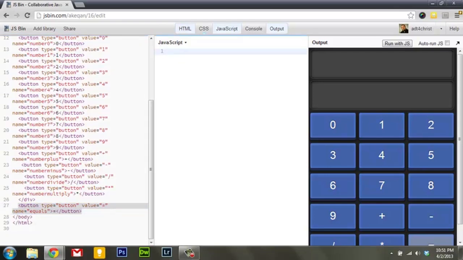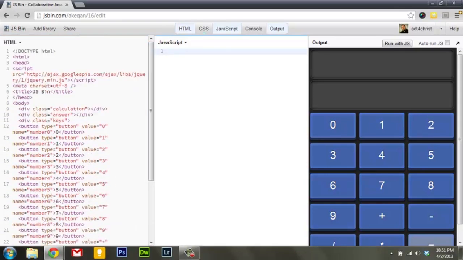So what we need to do is, we've already got jQuery installed, so I need to go ahead and put in our document ready function. Then inside that function, we need two event listeners to start off with. We need one that listens for whenever one of the operator buttons is pushed, and then we need one for the equals button, because the equals button is going to do something completely different, so we need a separate event listener for that. So the easiest way to do that is to come in here and say .keys button,